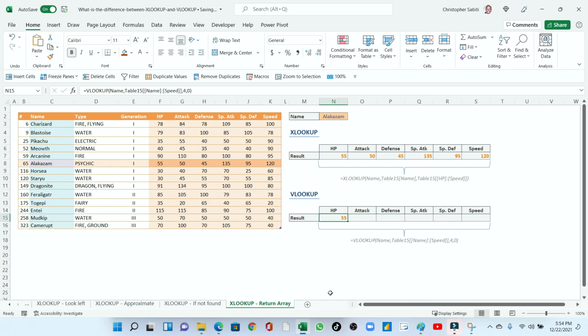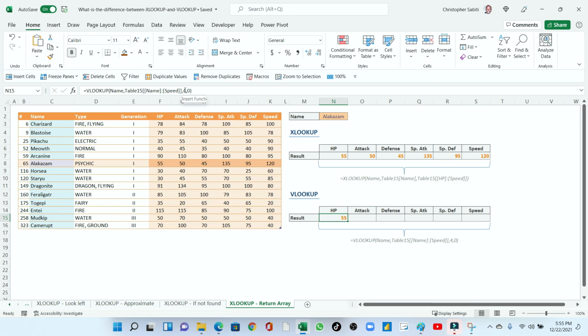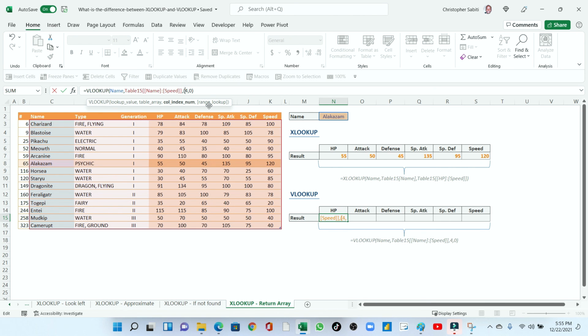Okay, let me make it an array. How do we make an array when using VLOOKUP? An array is made like this, which means when I use curly brackets 4, 5, you have to put all the index numbers, which means it will be 4, 5, 6, 7, 8, 9. So I will run that up to 9. So when I put this, I will open curly brackets, then 4, 5, 6, 7, 8, 9, and you close the curly brackets.